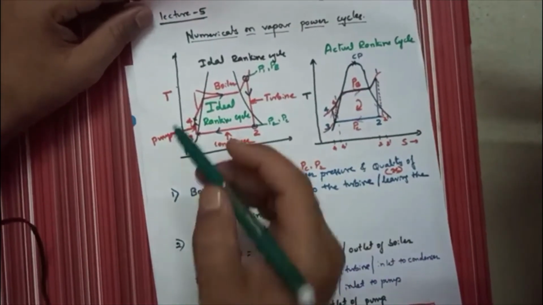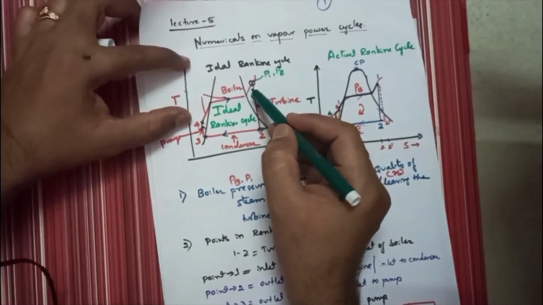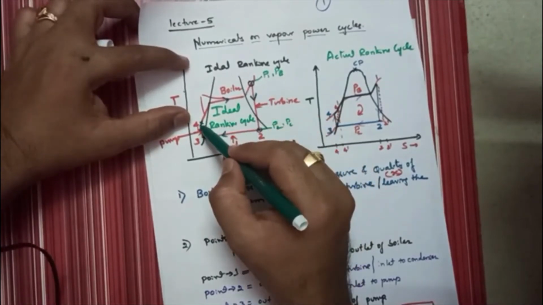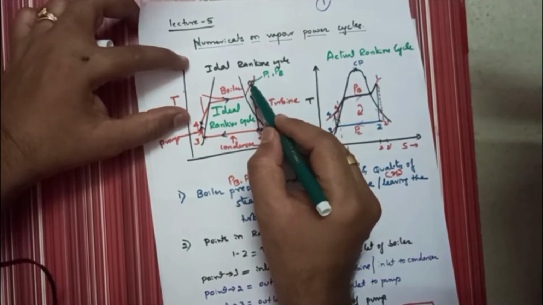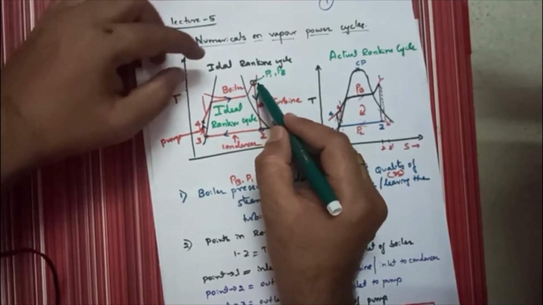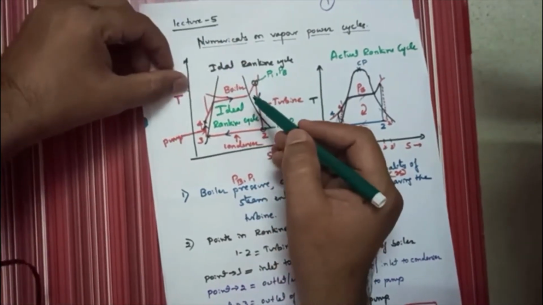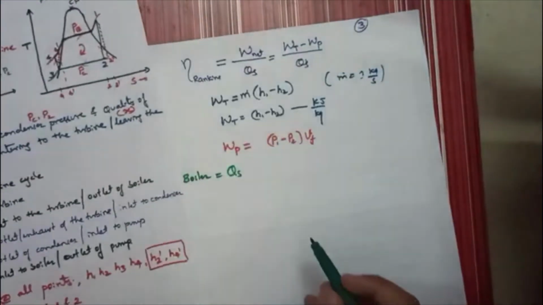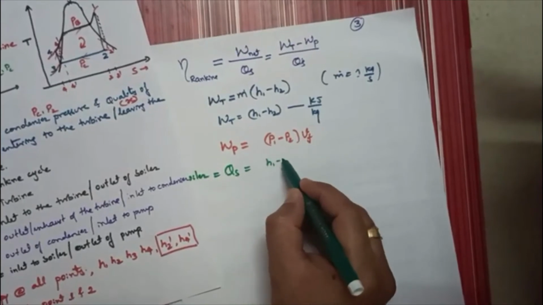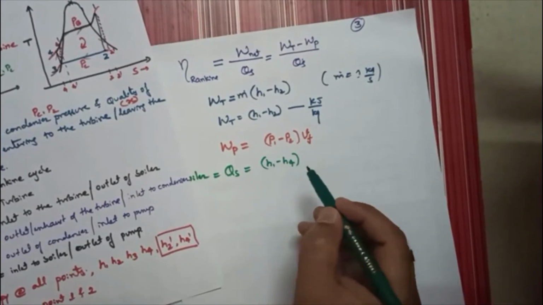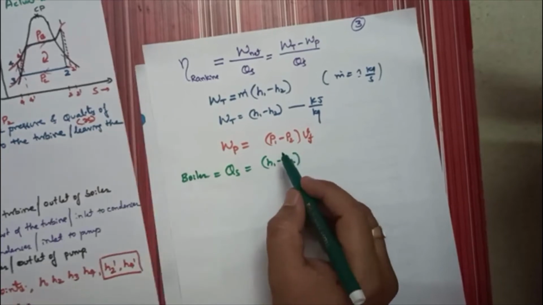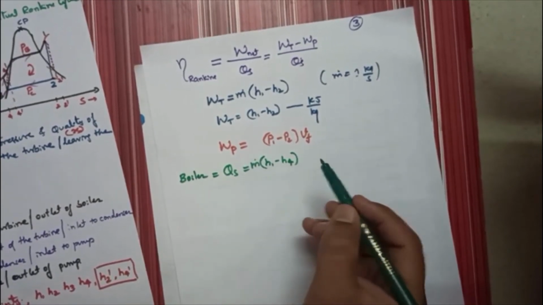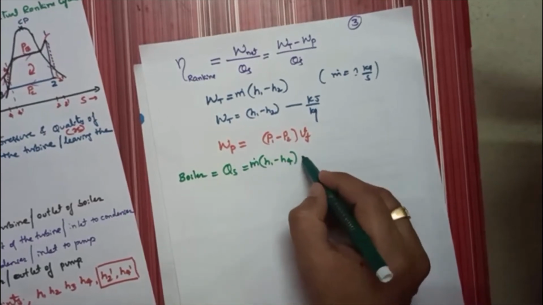Okay, so 4 to 1 is a heat addition process. So which enthalpy is more? Either point number 4 enthalpy is more, or point number 1 enthalpy is more. Obviously point number 1 is the highest temperature, so if the temperature is more, enthalpy will be more. So H1 minus H4 is the formula for calculating heat supplied. If m is equal to 1 kg, H1 minus H4. If m is equal to 2 kg, 3 kg, you just multiply with mass m.